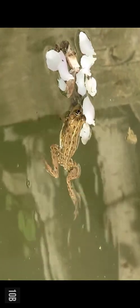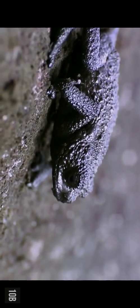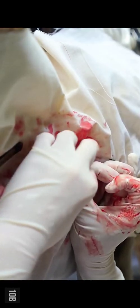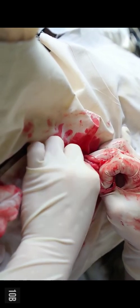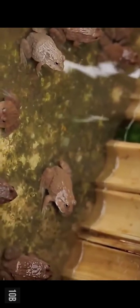When the owner saw it snacking on a nearby pile of rocks, he decided that he'd get the frog checked up by a vet. The owner and the vet both were shocked upon discovering that the stomach of the frog was filled with huge rocks. Shockingly, the frog had no symptoms that could point out what he was going through, which was pretty weird. Thankfully, the vet was able to